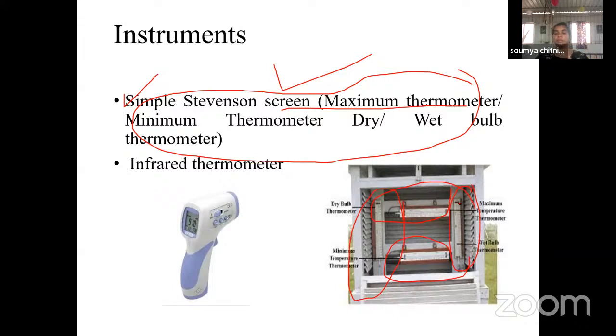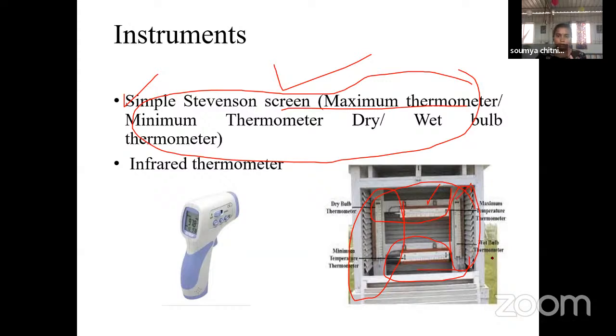So you should know the specification of this temperature as well, and when they are installed, and why these are installed. So you can expect questions from this part as well. This maximum thermometer is usually installed in the morning, and this minimum usually installed in the evening. And dry bulb and wet bulb, for wet bulb a muslin cloth will be covered on the thermometer to have